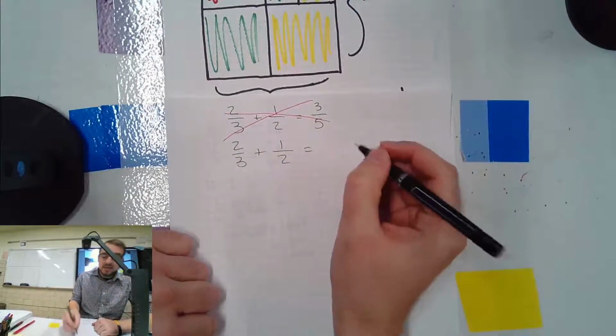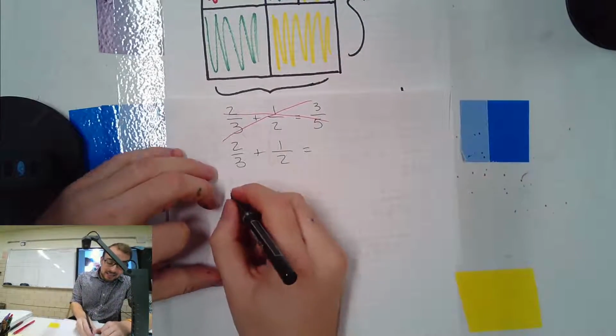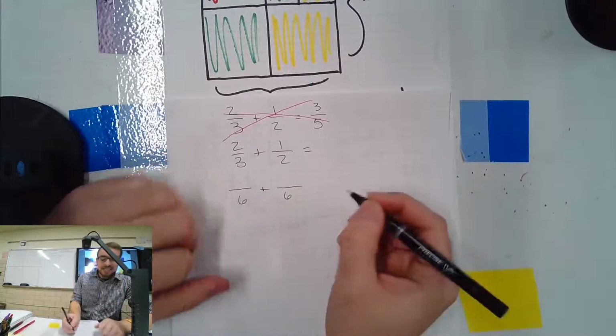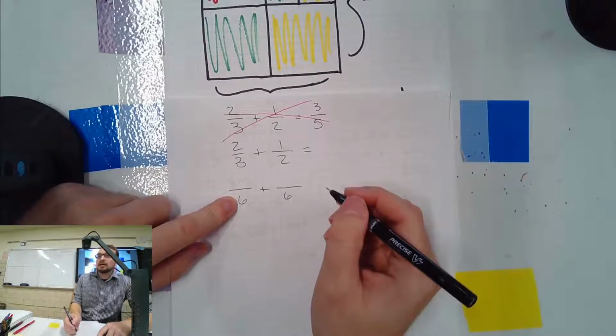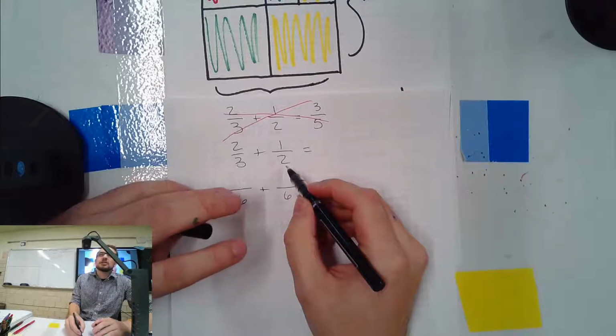That's why we need common denominators, because it's not going to work out. And I'll show you why, okay? So I need numbers that are the same for both of these. So I can divide up thirds into sixths, can I? Yes. Can I divide up halves into sixths? Yes. So that'll be nice. Dividing up halves into thirds ain't going to happen.